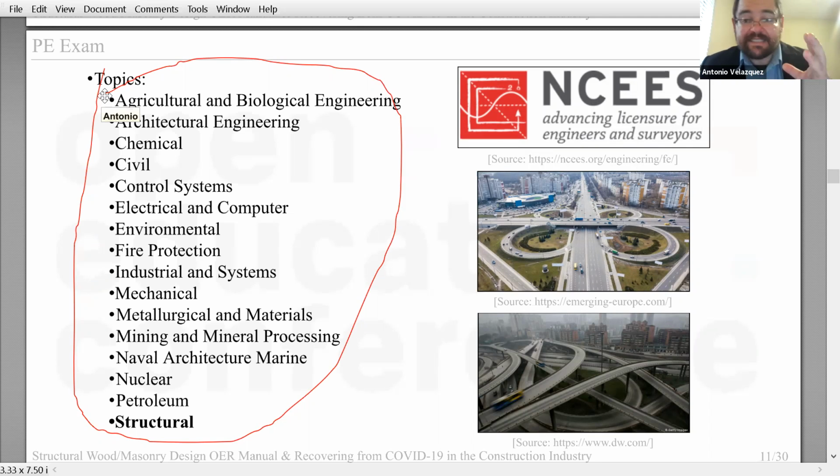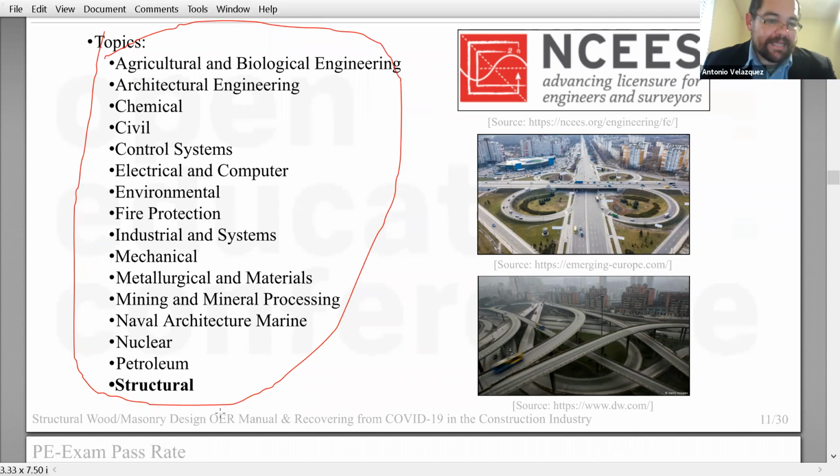As I mentioned, it's 16 hours long. So it's quite a challenge. You have to have a very nice breakfast, maybe sleep 2 days after, prepare for the exam, and accommodate the whole thing. You just spend 2 days with the door closed to resolve the exam continuously, heavy material. And today I'm going to talk about the structural part, which in fact is the most difficult amongst all these branches that you see. Structural is the most difficult. In fact, in structural, you have to take 2 exams, not only one.